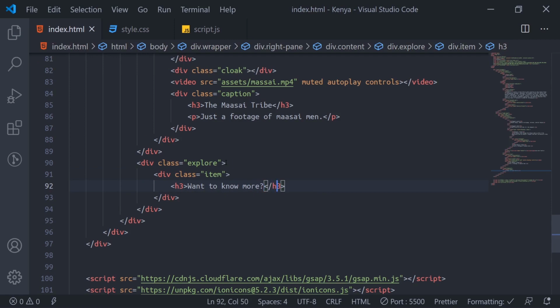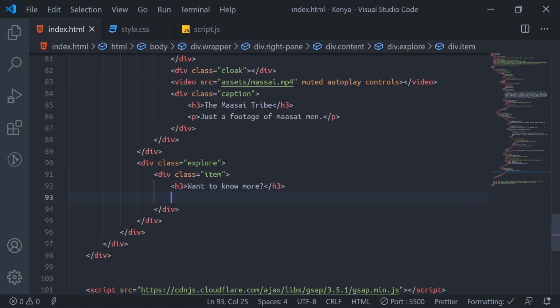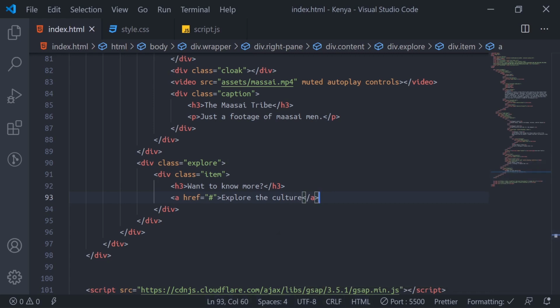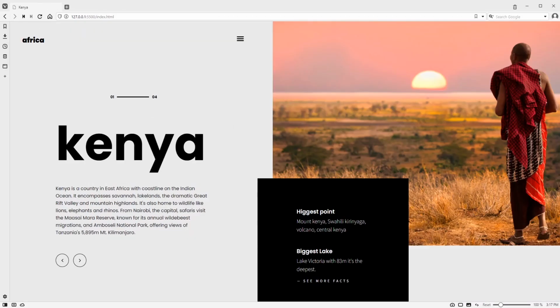Then we come down and set an anchor tag. This anchor tag says "Explore the culture."